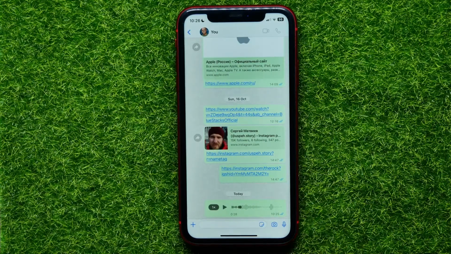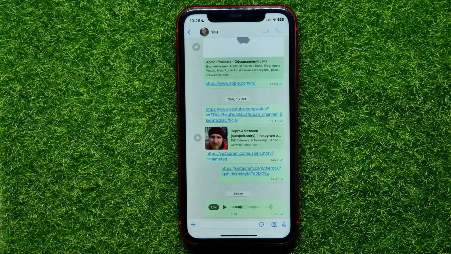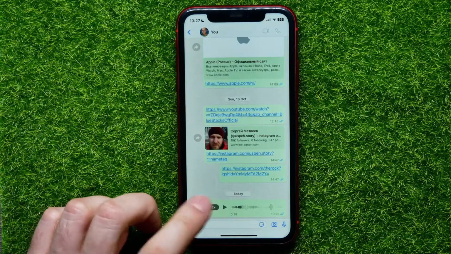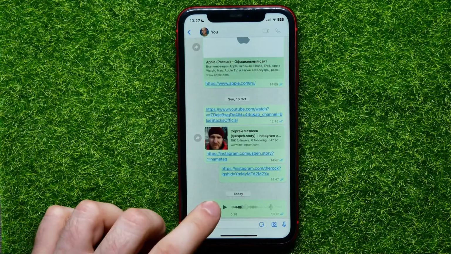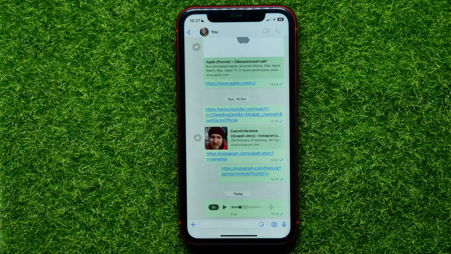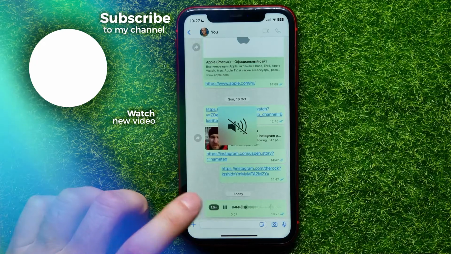that voice message. Now it's 1x, and I can hit right here once to change it to 1.5x, or I can hit here again to change it to 2x. Then I can hit here to switch it to 1x, and I can do it even while that message is